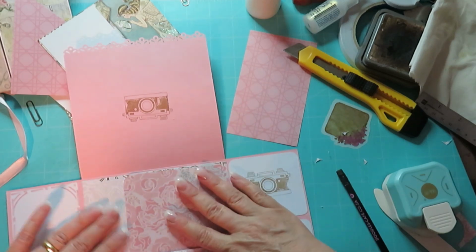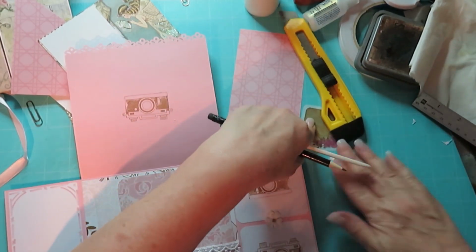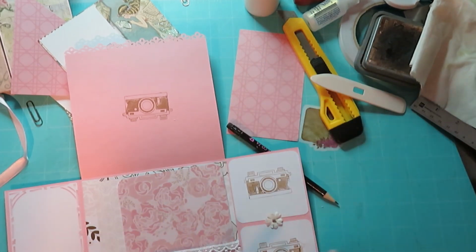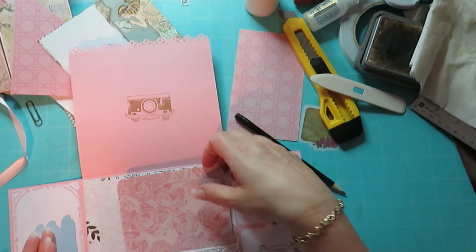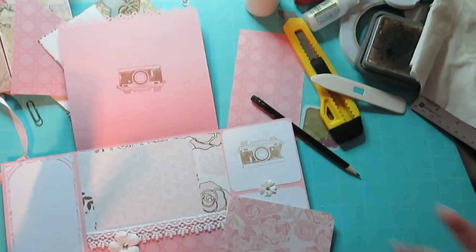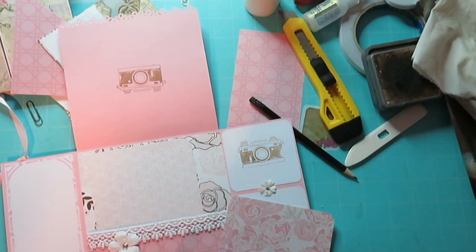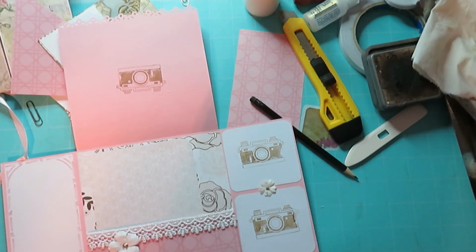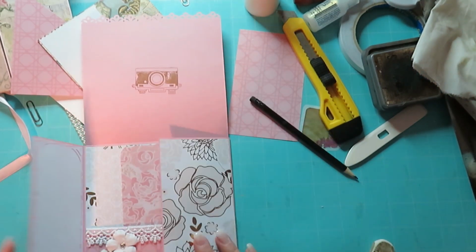And there you have your 2 photo mats inside. If you find it gets too bulky with the photo mats, just take one out and plonk it in the box. Just want to take out, there's a pencil mark on here. Yeah. But this was quite quick, as you can see, and easy to make. So now,